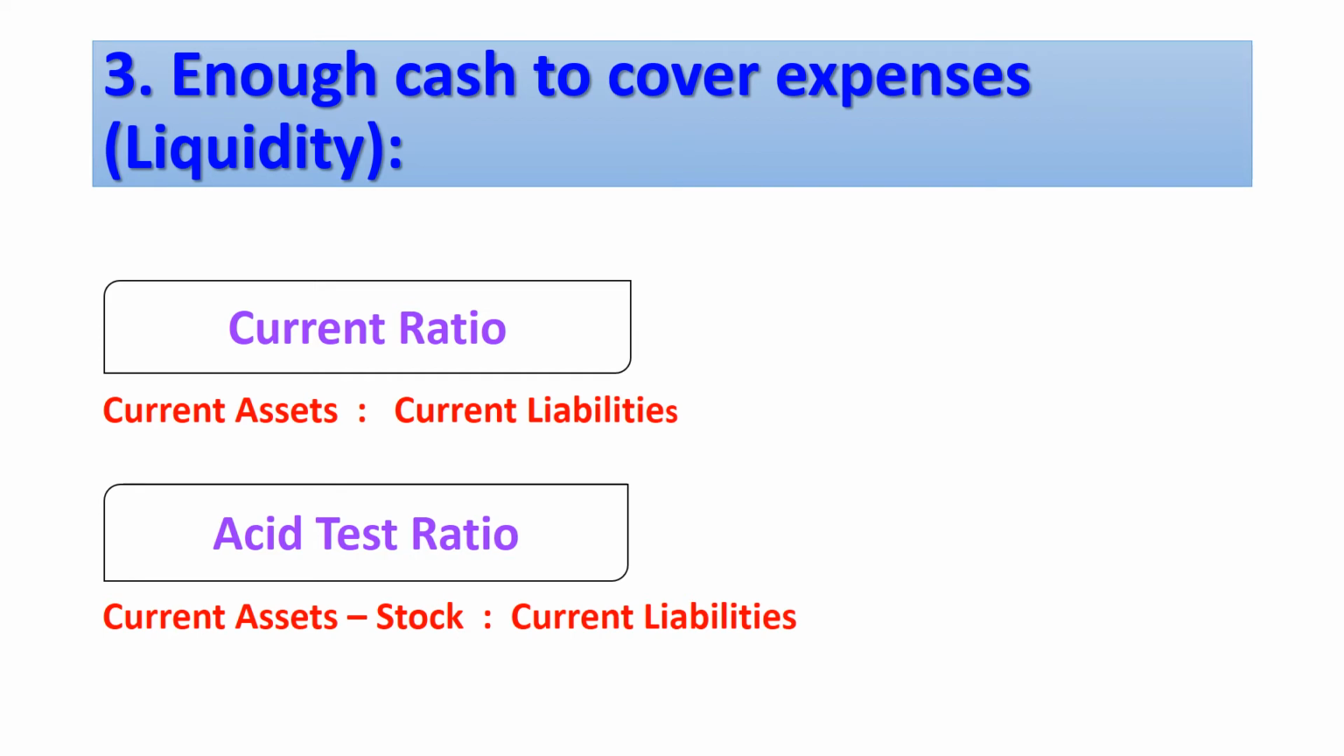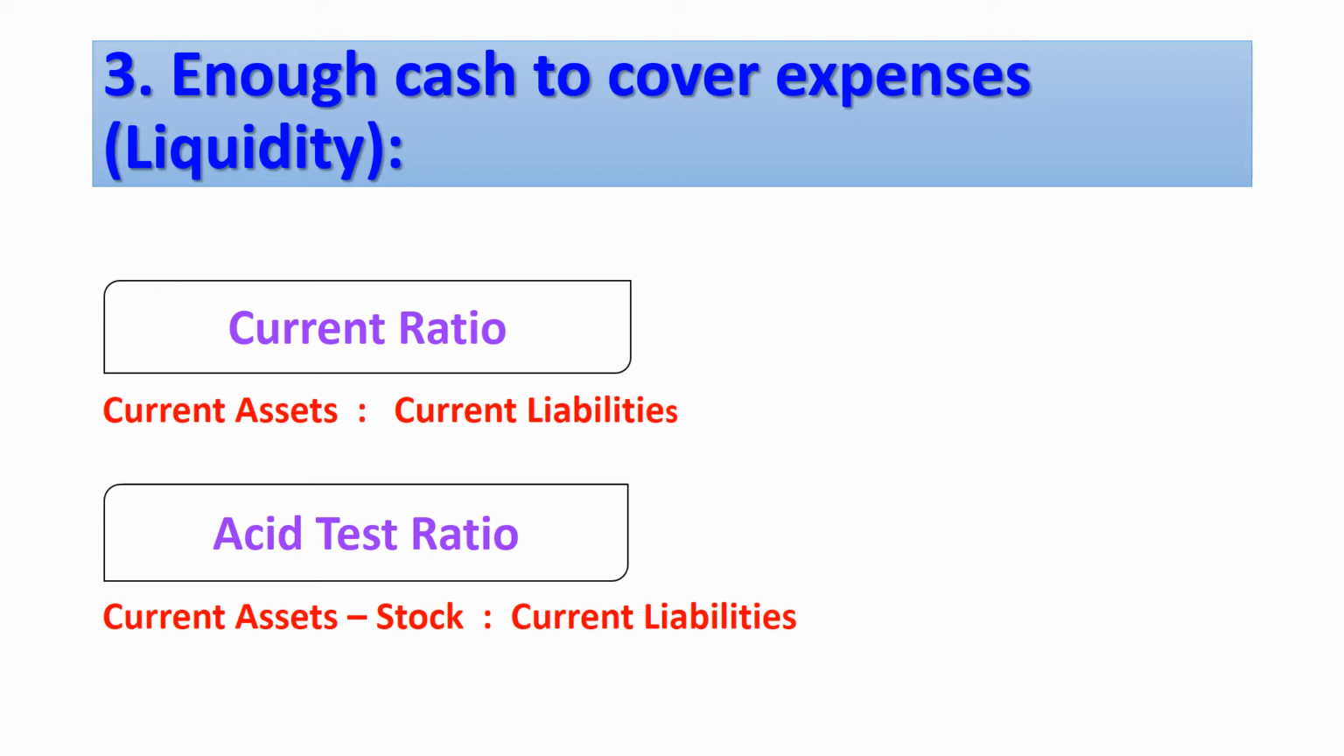Next, we will look at having enough cash to cover our expenses, our liquidity. This is done by looking at the current ratio and the asset test ratio. The current ratio looks at our current assets divided by our current liabilities and is written as a ratio. The ideal would be 2 to 1. This means for every 2 rand we get in from our current assets, we have 1 rand to pay our